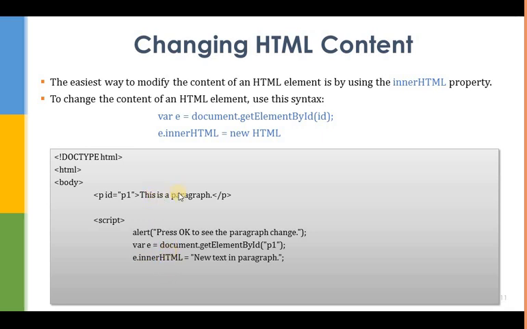Right now this is a paragraph. Now I want to replace this with new text in paragraph. So this is as simple as a single line of code, and you can modify your HTML content. Okay, so the script tag is complete and the body tag is complete.